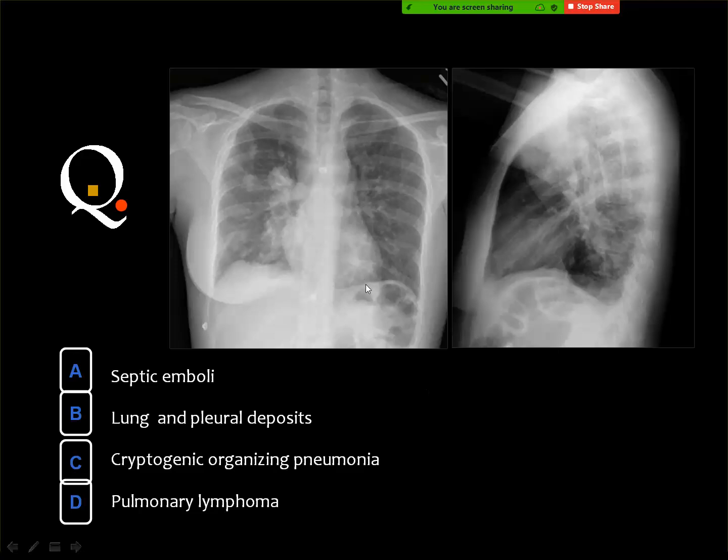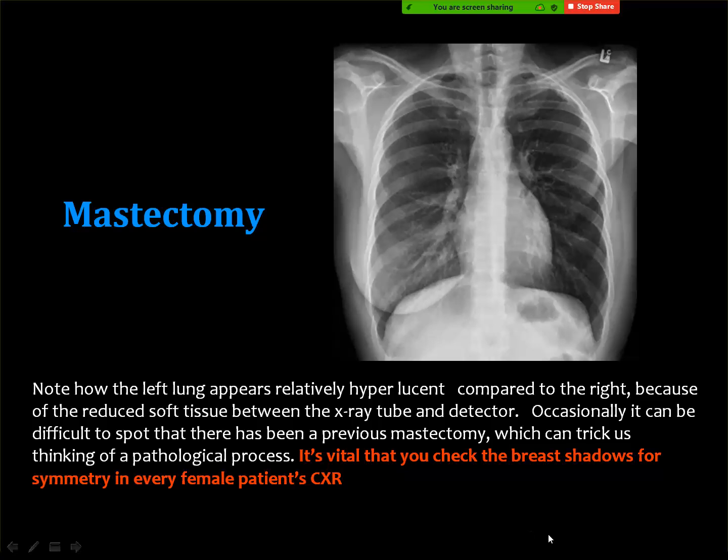Mastectomy. Yes, very good. There is absence of the left breast shadow, and this is an indication of mastectomy, which is commonly performed for breast carcinoma. Then you can see multiple lesions in the right lung and maybe in the left lung as well, and this is diagnostic of metastasis. Mastectomy is one of the common presentations in the exam, where the examiner depends on your attention to the absence of the shadow of the breast. Then you consider the